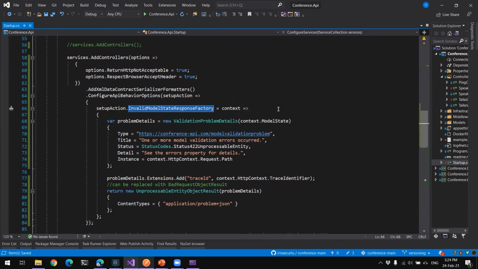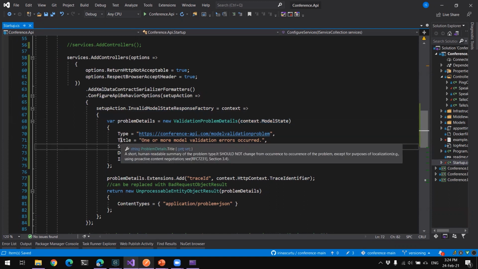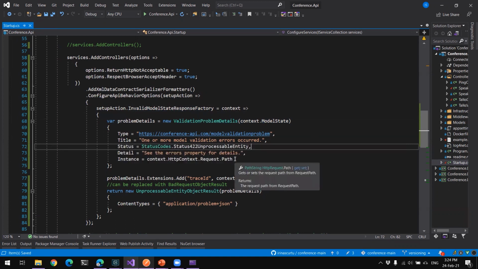For example, you're trying to update something or you're trying to create something and the field does not correspond to your business rules. So in order to do that, you can return a validation problem details, passing on the context and the model state.